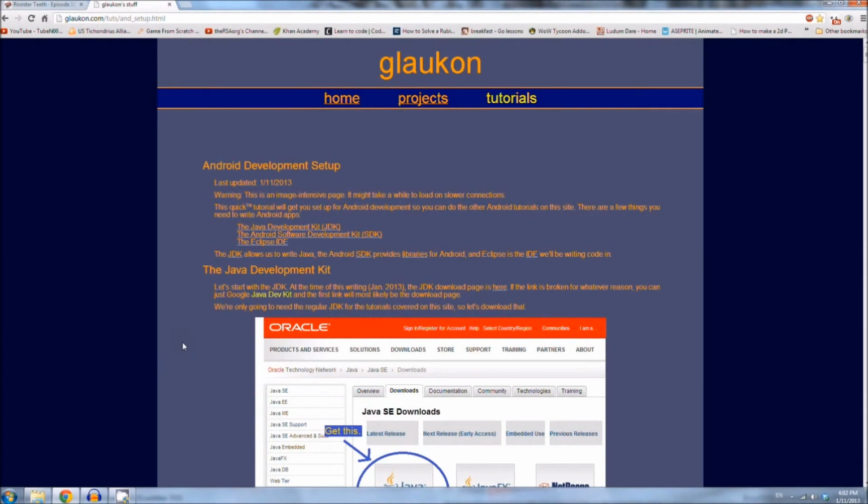Welcome to my Android development setup tutorial. This tutorial gets you set up so that you can start writing Android as well as follow any of the